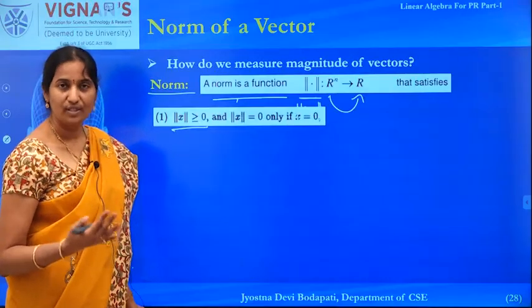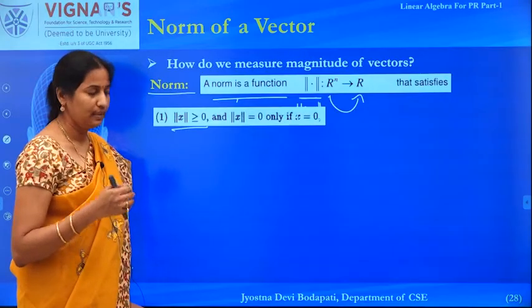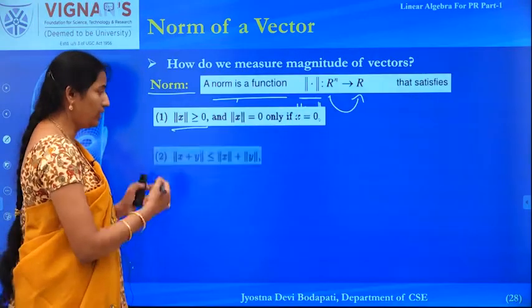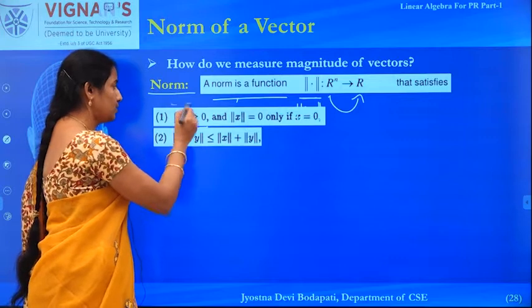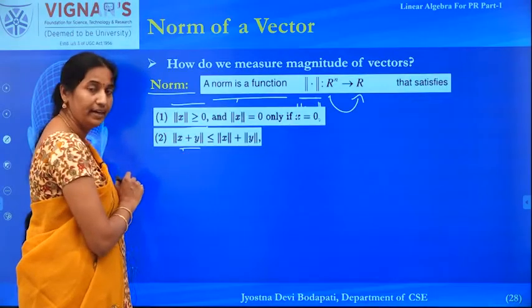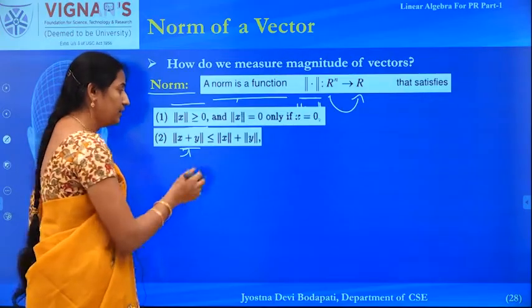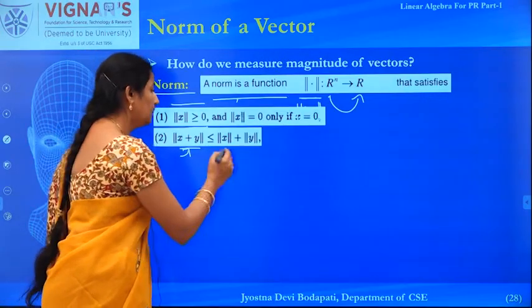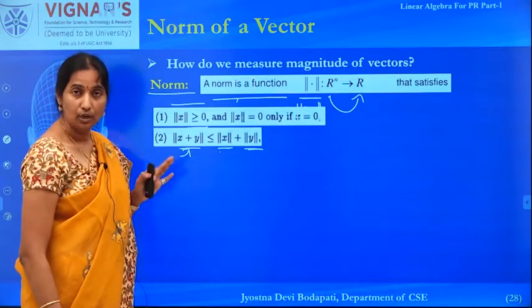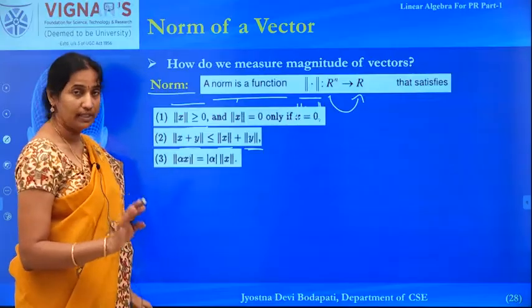So that is, it should be a positive number. So there is a possibility of defining norm in different ways, but whatever the form you are using, it should satisfy all these properties. The first property is, the norm of the vector should be greater than or equal to 0. And if you consider any two vectors x and y, and you add them and then compute the norm of that resultant vector, it should be less than or equal to the addition of the norms of the individual vectors. It has to be satisfied by the norm. If any function satisfies all these conditions, then only you can call it a norm, remember that.